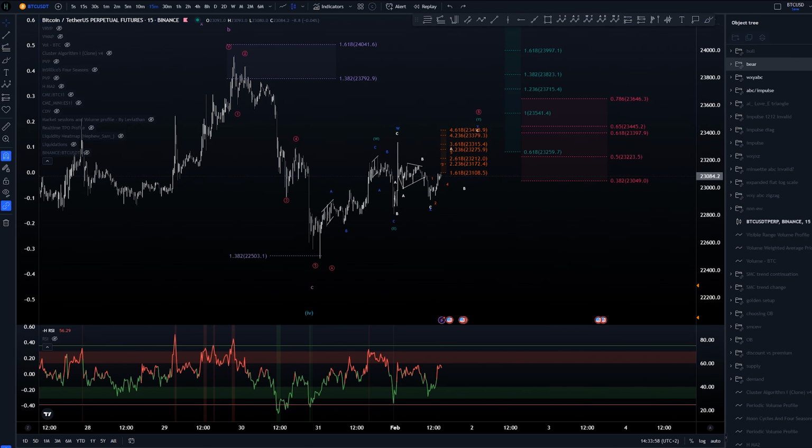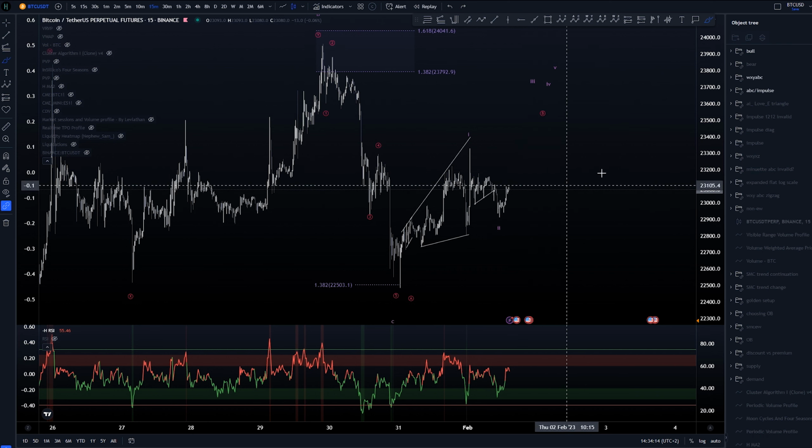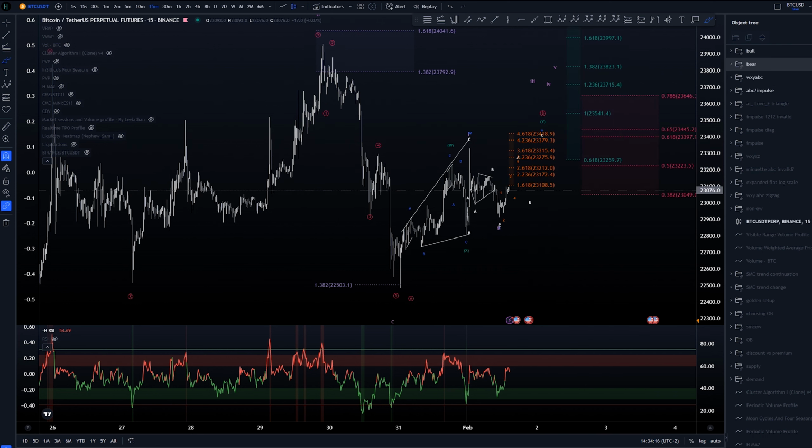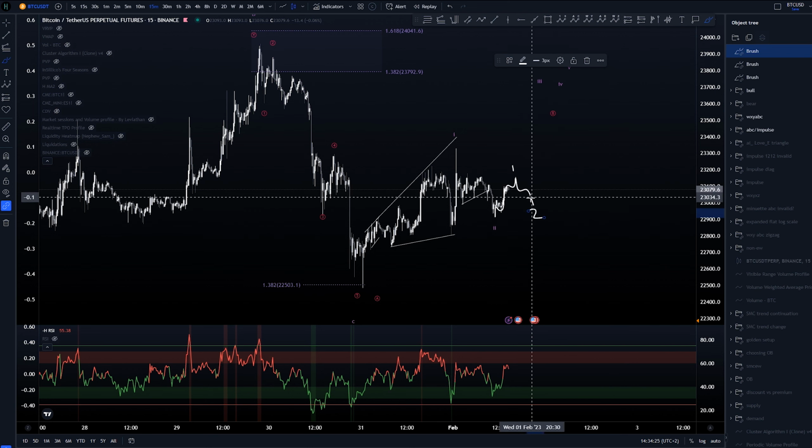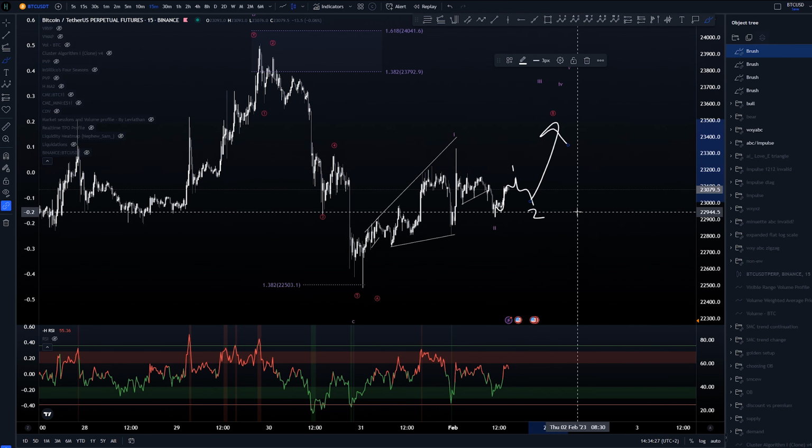Then we have the bull count, in which again this was indeed the C wave and this was the end of 4th. This would probably have to be an expanding diagonal. Now this is something that I generally don't play at all, so instead I would be looking to play the next structure over here, which again, if we are labeling it the same way as we did on the bearish count, we'd be labeling this as a 1, 2, 3, 4, and 5, looking for a pullback, and this would be another wave 1, 2 setup, and going higher.